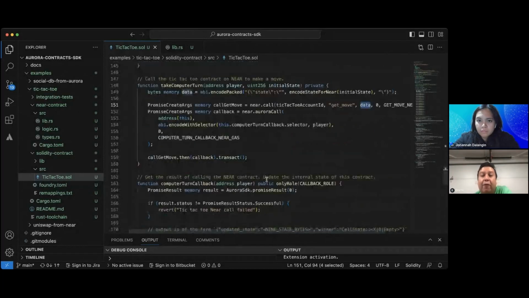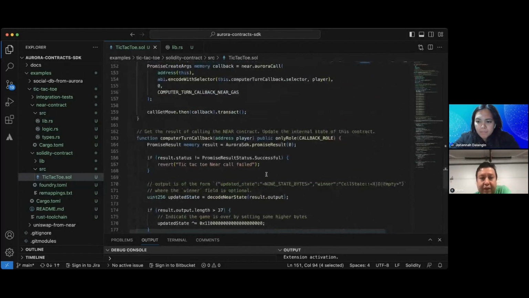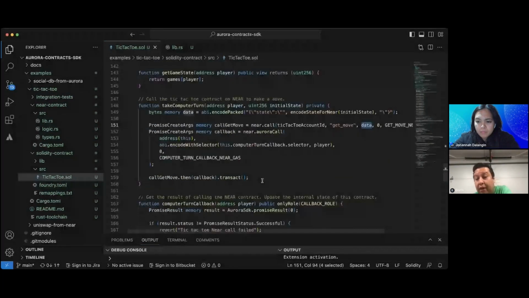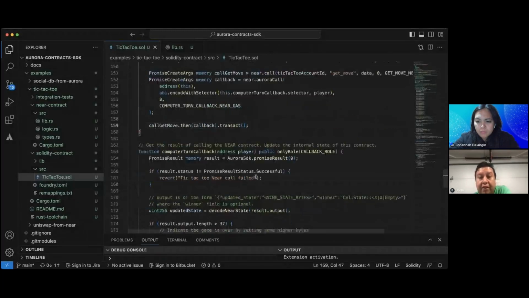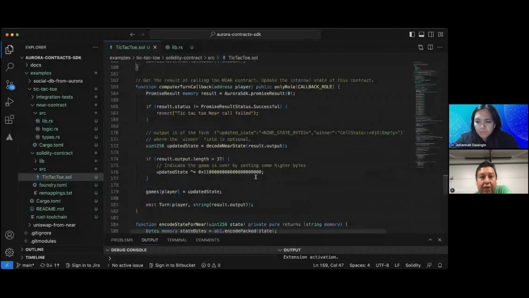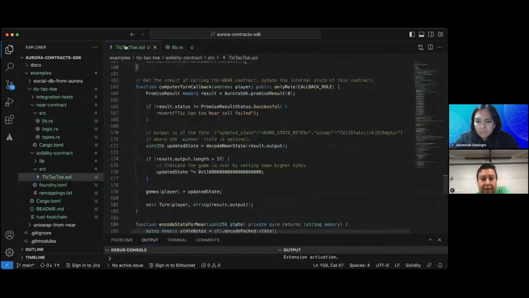So you send the computational functionality to Near. Don't do it here. But I'm just sending the move, right? We need to wait and listen for whatever happened here. So we need to listen for this response, the move result. The way to listen for this response is here